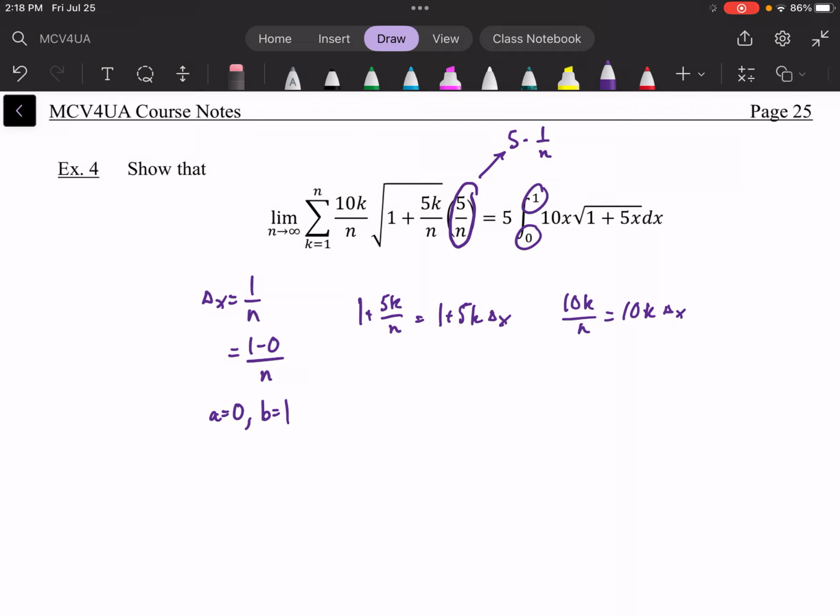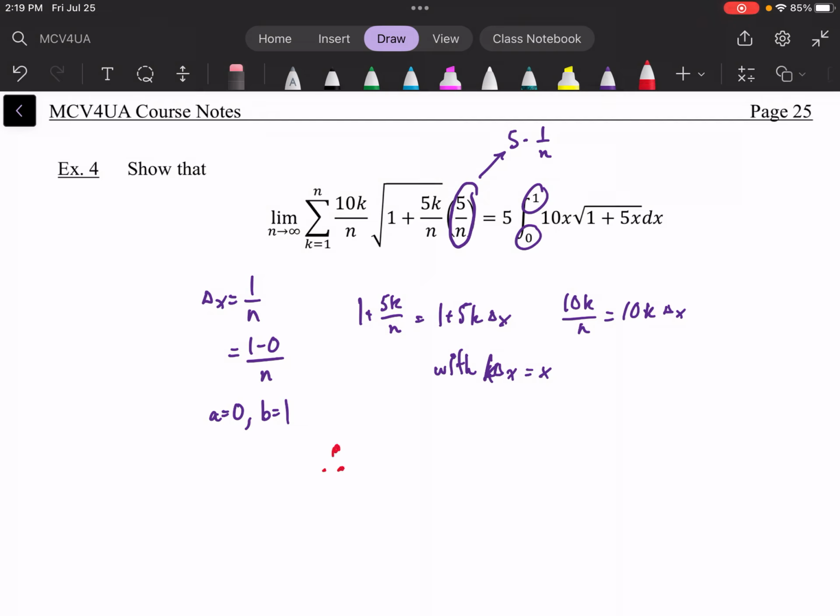Again, if we make it so that k times the change in x is our actual x value, because that's where our x value would actually occur based on whatever values we have, then